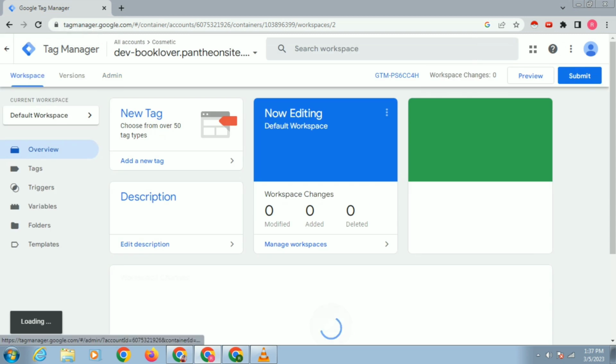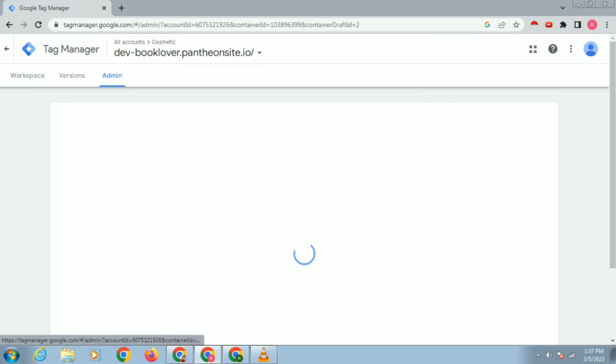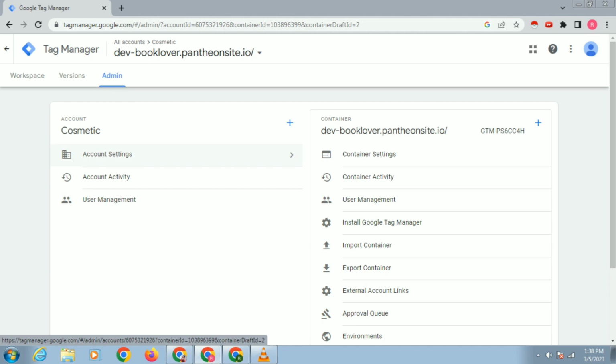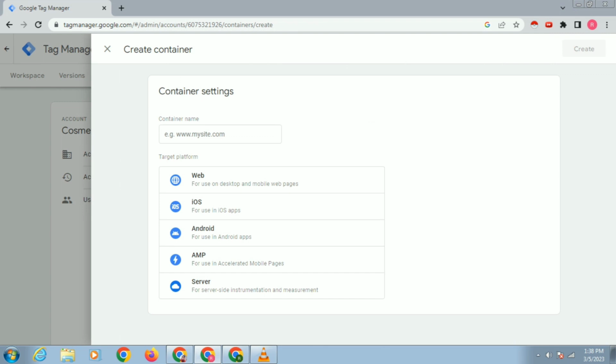Only container access. You can see this access I have got, not cosmetic. So if I create a container, I can create, but it will